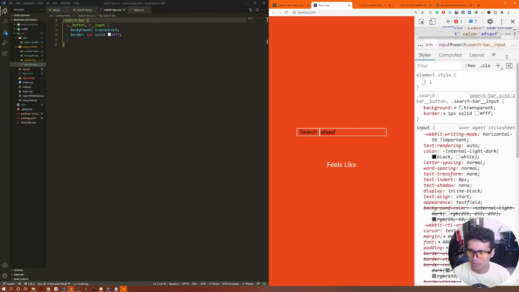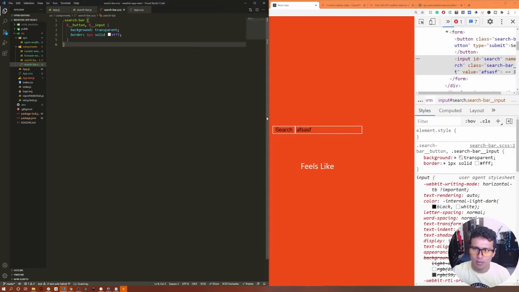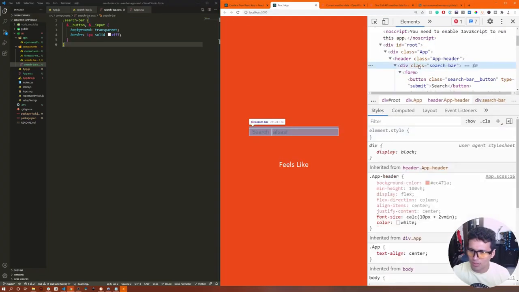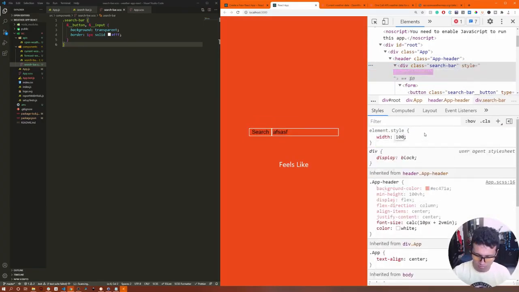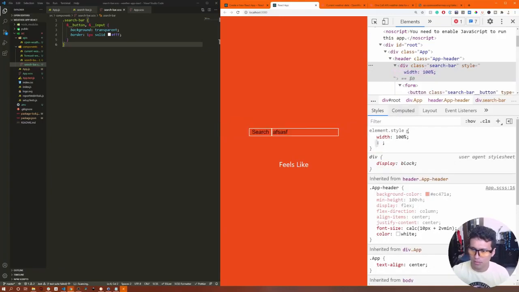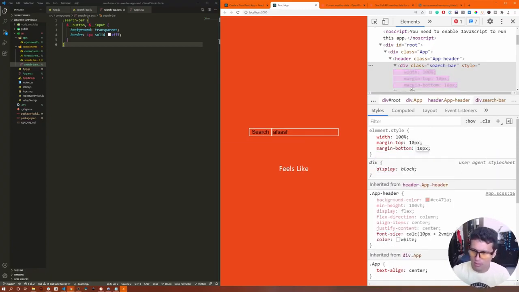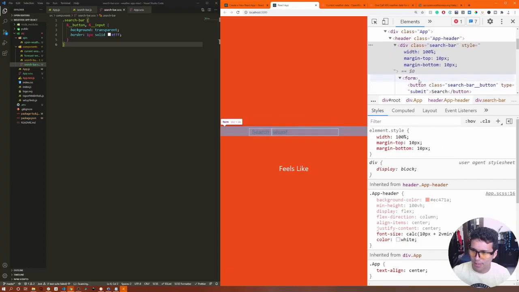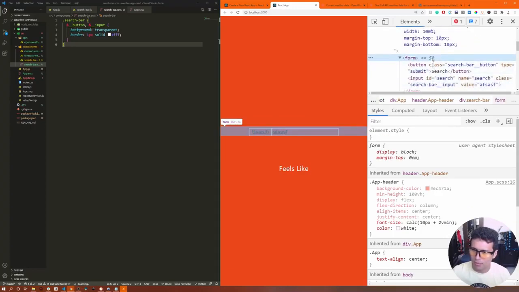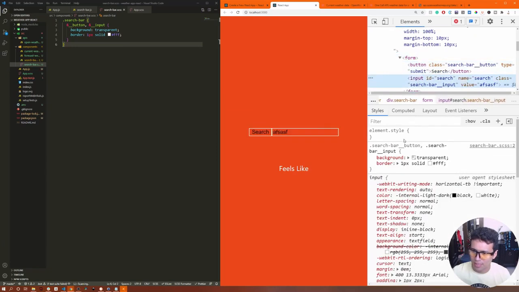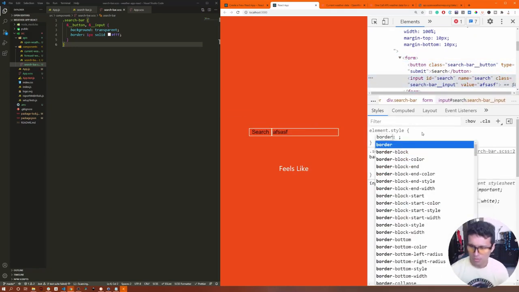Okay, so first thing is the width. Let's expand this a little bit more. Okay, I would like the search bar to cover the maximum width. So first thing, good. Now I also would like the search bar to have a margin top, let's say 10 pixels in the meantime, margin bottom 10 pixels. Okay, we got that. We got our form, and in our form, I would like the button and the input a different